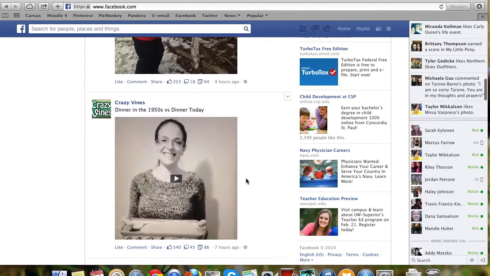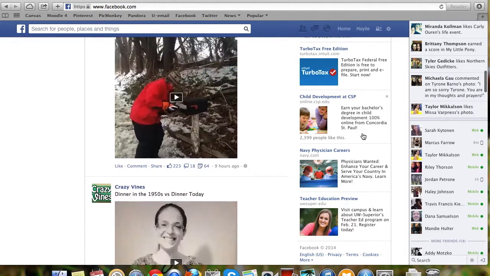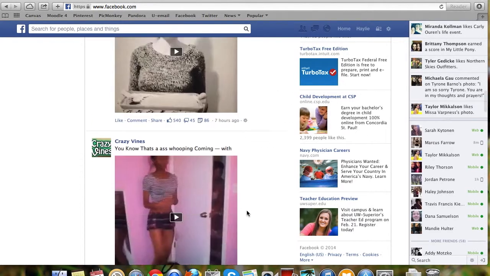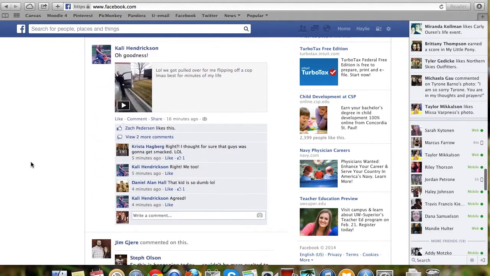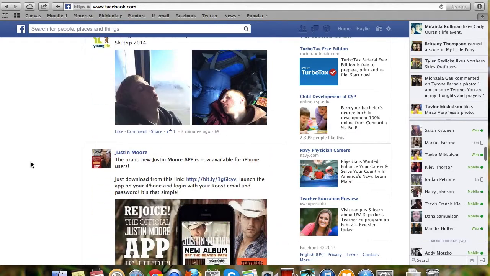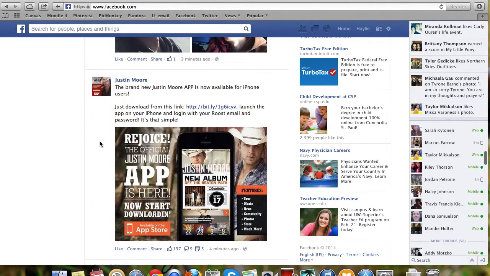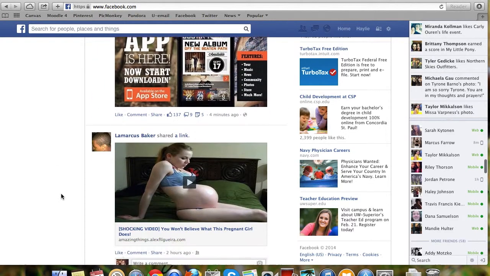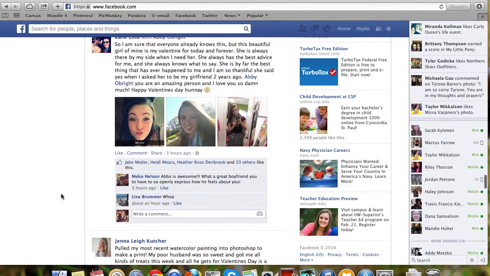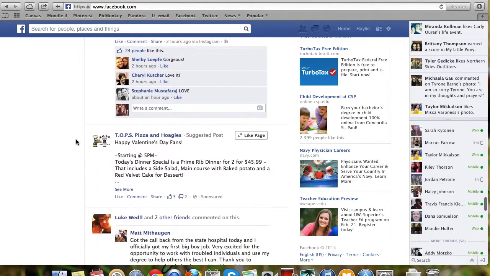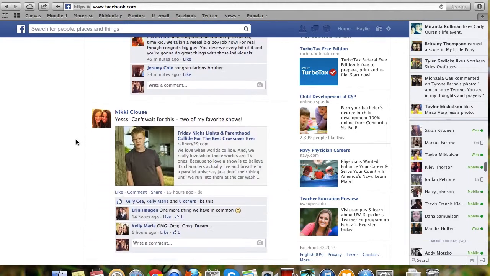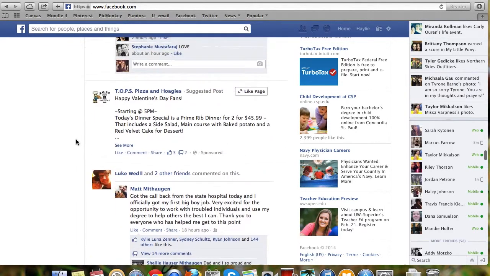Also, again with the advertisements, I feel that if I were to redesign, these advertisements could be maybe just on the left and right hand sides rather than within all of your newsfeed, just so you didn't have to worry about them getting in the way and being an annoyance. And I know how important advertisements are because they help Facebook get money, so I do know the importance of them, but I just feel like they could be put in a different place.